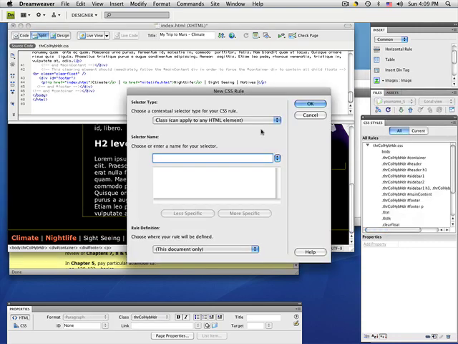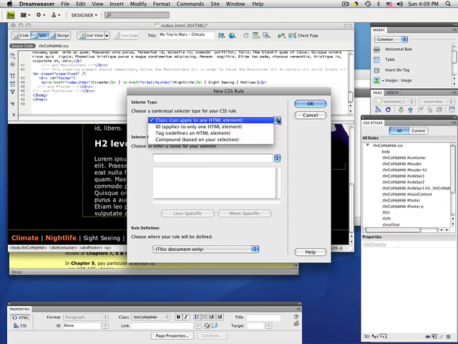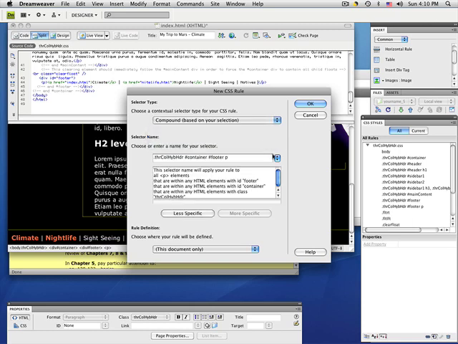I'll go to New, and we'll do compound tags, of course, of the H1, H2, P, that sort of thing. Class would be if we had a class style on a particular paragraph anywhere on the page. ID, I've got to show you that ID of the photo element. And what we want is compound. We want a link style that will apply only in the footer. So I'll get compound. And by virtue of having made a selection in the footer, I get the footer P